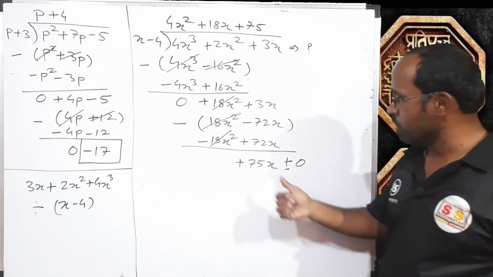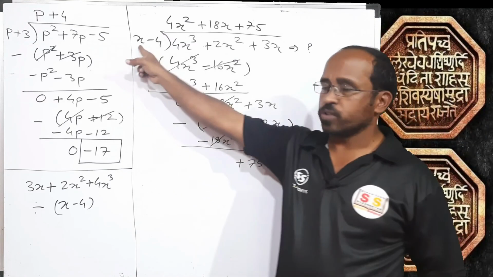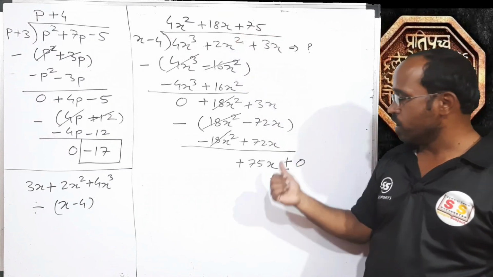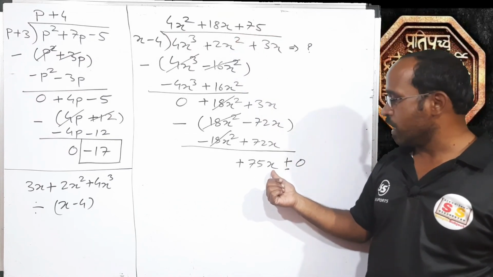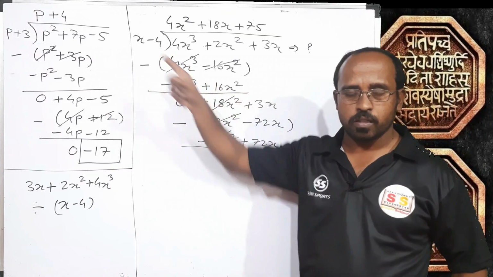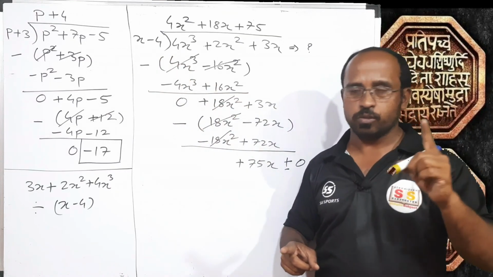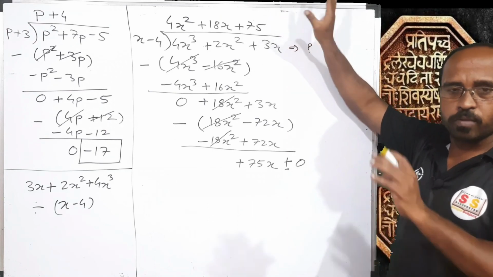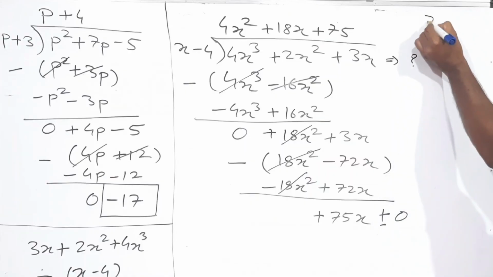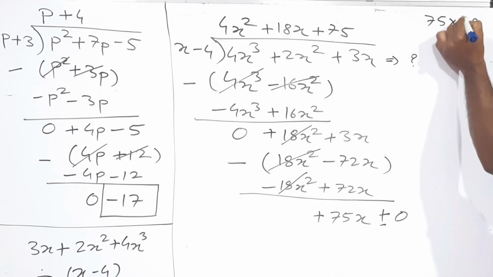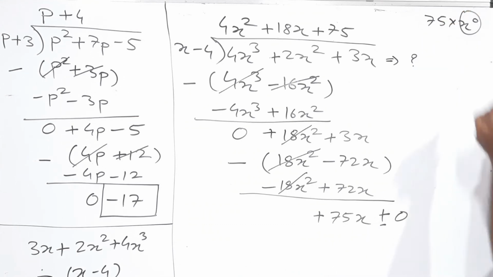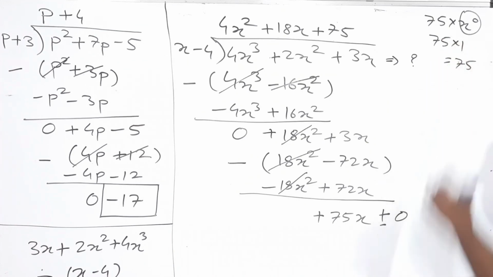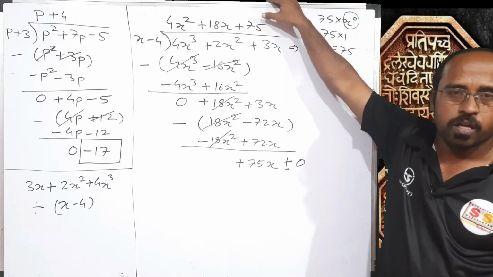Right? How? 75 is the quotient here, the quotient is 1. 75 divided by 1, answer is 75. Here x raised to 1, here also x raised to 1. X raised to 1 minus 1 is 0. 75 multiplied by x raised to 0 means 75 multiplied by 1. Any number raised to 0, answer is 1. So that is equal to 75 into 1, which is 75. Division is 75. We found the quotient.